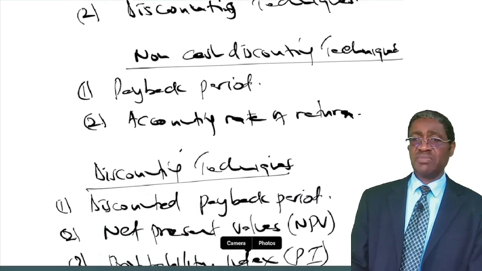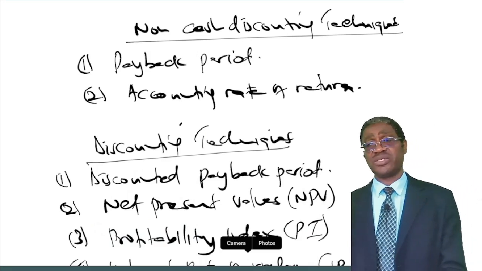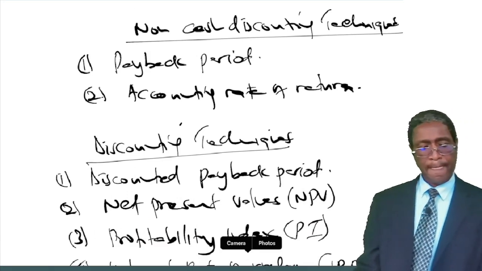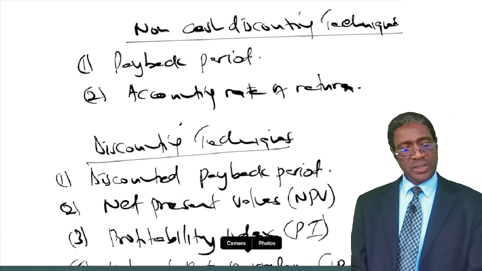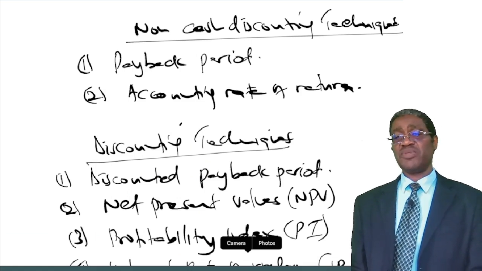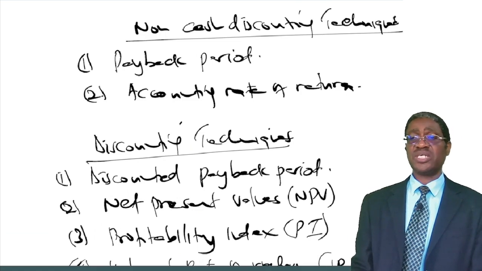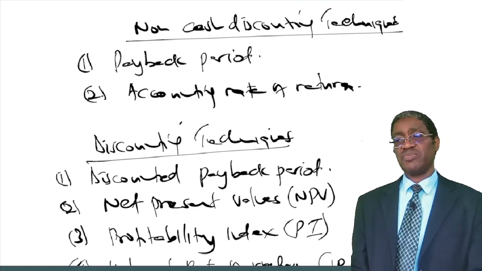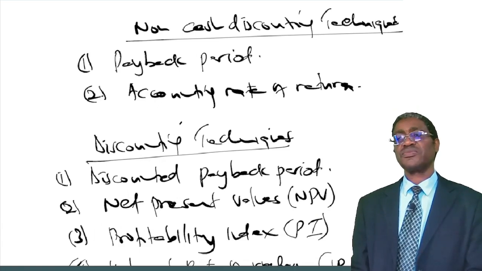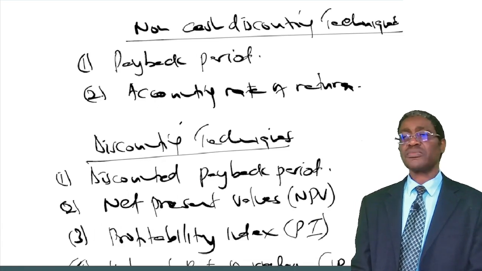Then below there, have another subheading, non-cash discounting techniques. Under the non-cash discounting techniques, we want to say something there, before you copy those two methods. Say this: